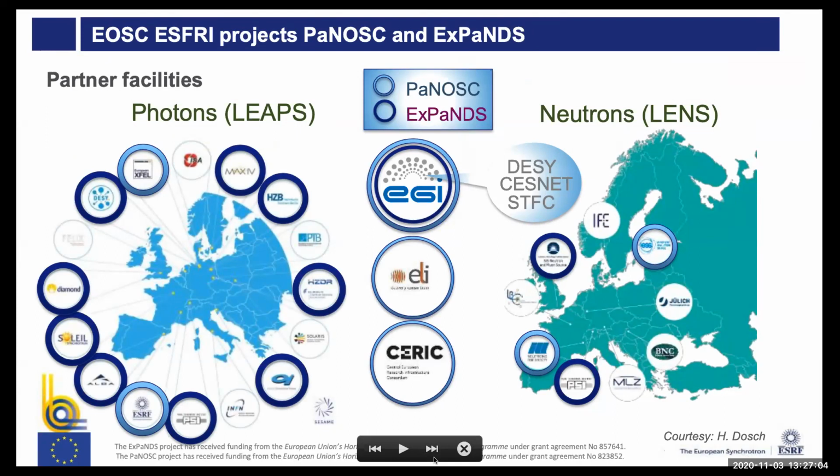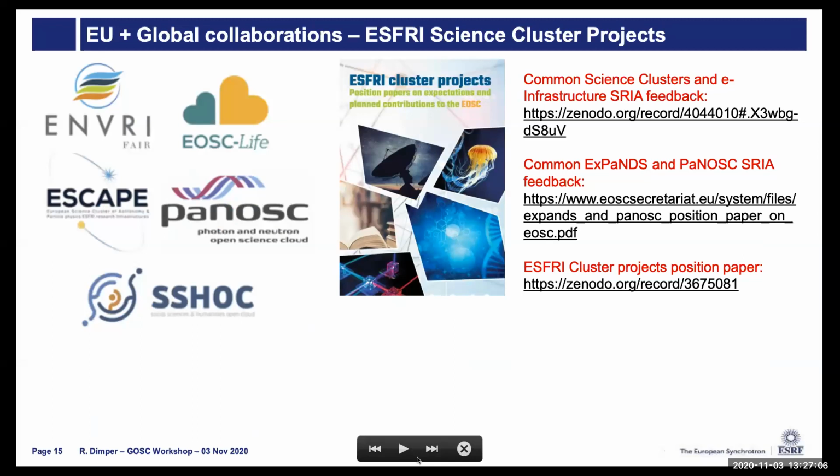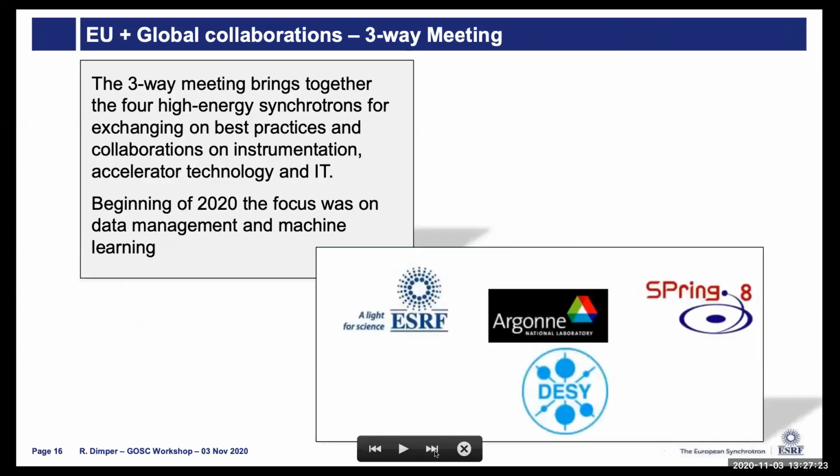Next slide, please. Which you can see here on this slide, which have overall all the same ambition to connect to the European Open Science Cloud, and come with the data and our user communities to make the Science Cloud a reality and foster open science. Next slide, please. So there are other collaborations. Here you have the three-way meeting, which means a three-way